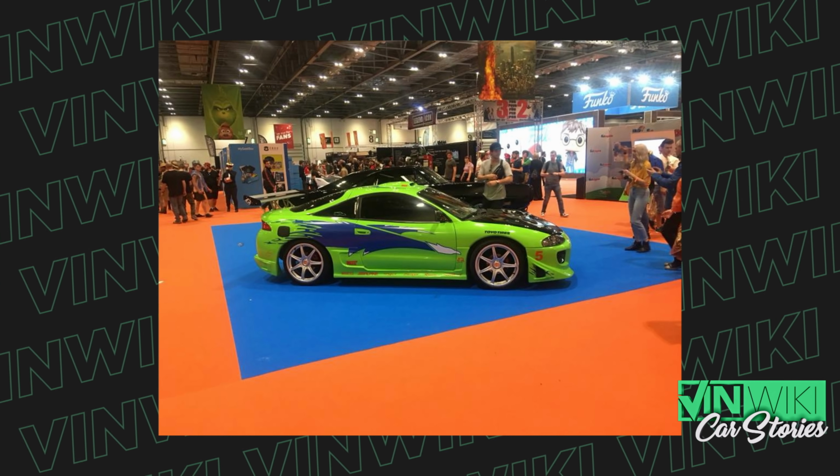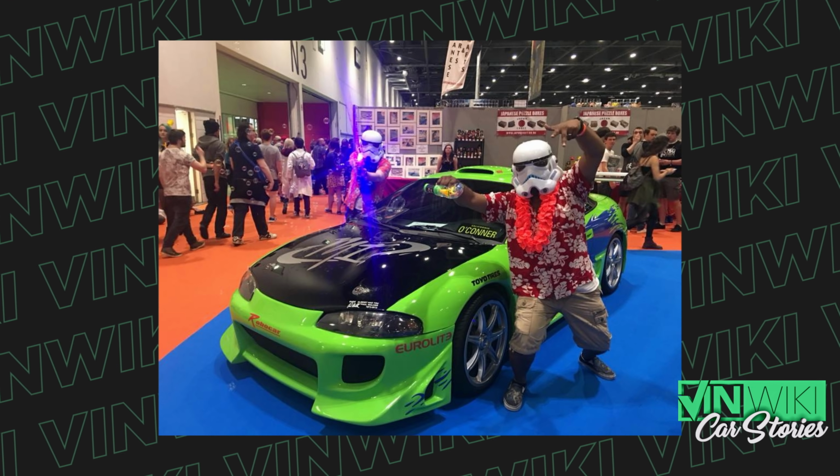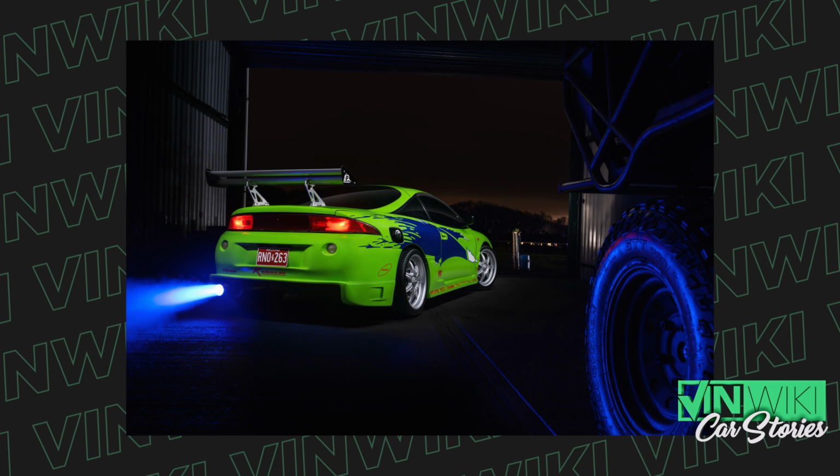I had 3 Eclipses, 3 Mitsubishi Eclipses. I had an electric one. I had a Mitsubishi Evo powered one, which not a lot of people understand, okay? When you open the bonnet of a Mitsubishi Eclipse, the engine and the transmission is the wrong way round. When you get a Mitsubishi Evo, the engine is the opposite way around. So someone had spent a lot of money and taken all the engine mounts off and welded it all in. So I had an Evo 8 powered turbo Mitsubishi Eclipse,